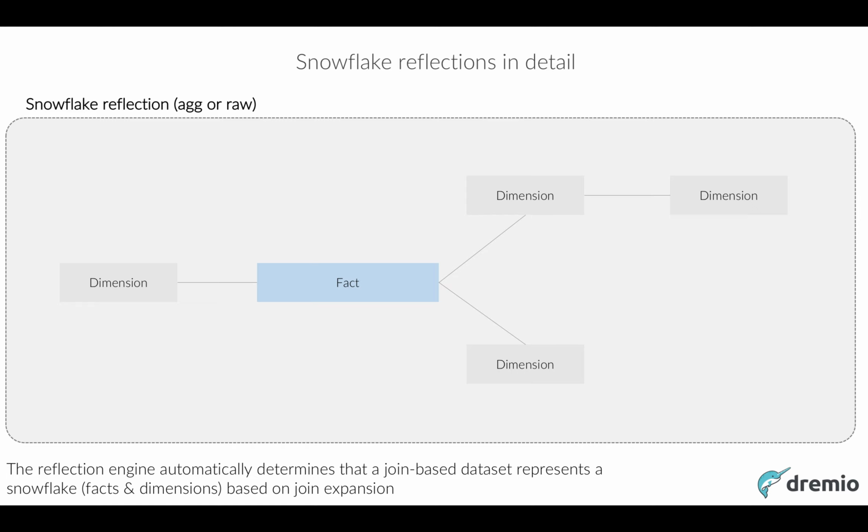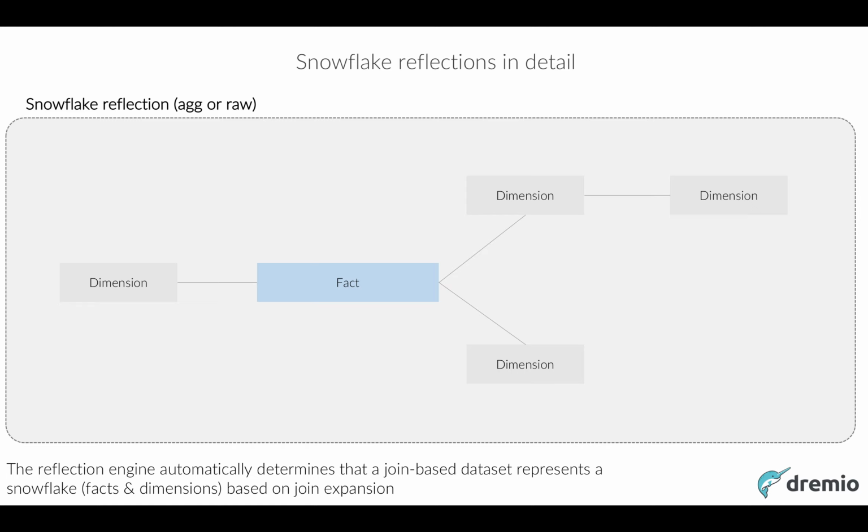So let's look at that example in more detail. This is an example of a Snowflake reflection. Here we have a fact table and dimension tables joined to that fact table. We also have another dimension table off of one of these dimension tables. When you have this kind of join represented as a virtual data set, and then you define reflections associated with that, the reflection engine automatically determines that this join represents a snowflake, meaning it has the fact table and all these dimensions,